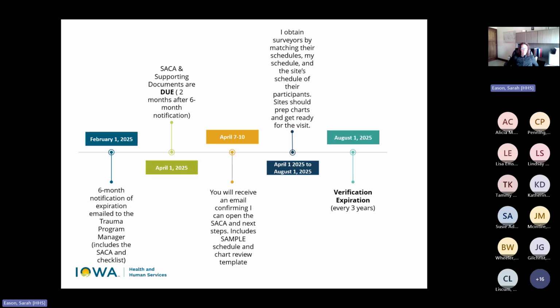Now, the level 3 checklist, again, in 2025 is from the Orange Book. And for our level 4s, the checklist is exactly derived from the Orange Book as well. That's where these checklists come from. That is the exact list that the survey team uses to see if you have met verification. The level 3 and level 4 checklists are completely different. The SACAs are similar, but the checklists are different because there are more standards for the level 3 to meet, more criteria for them to meet.